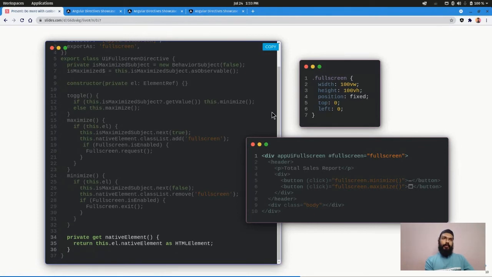And then you can see we have placed the directive on the div, and this is what the export is about. So we can assign the actual directive into a variable so that we can use the functions inside. So you can see that I have expose, maximize, and minimize functions. So based on the click event, we can just call the buttons to go into full screen mode or minimize it.